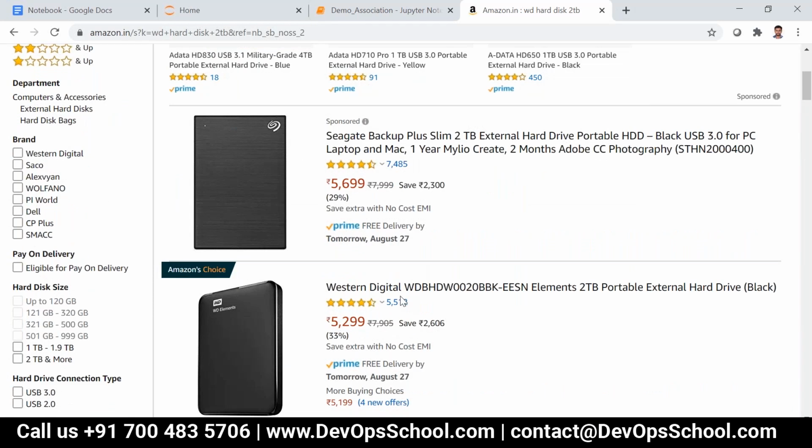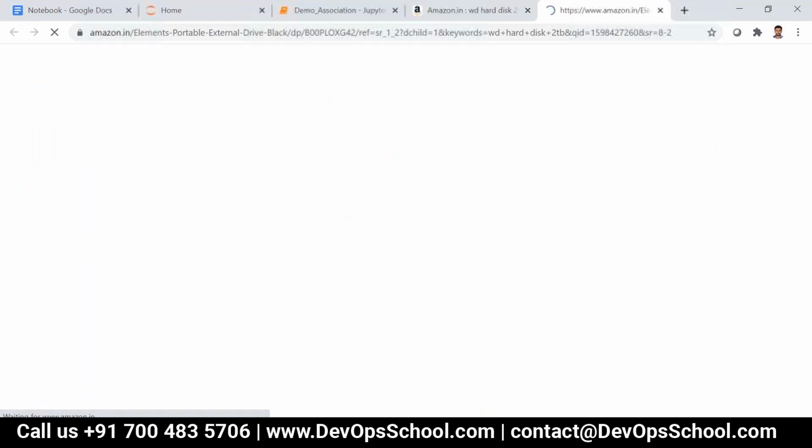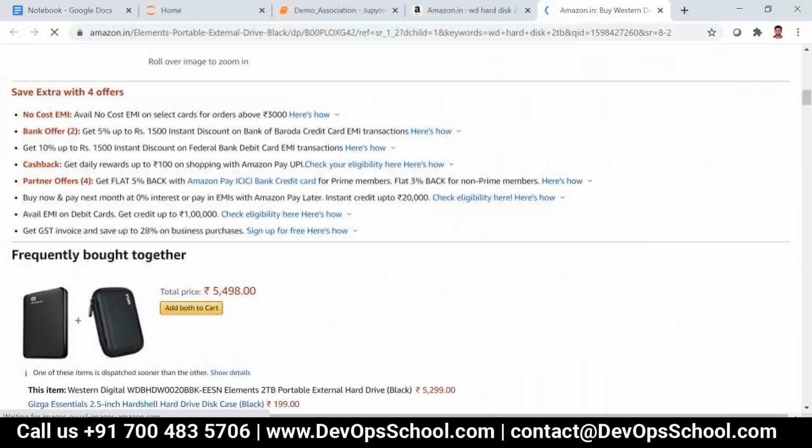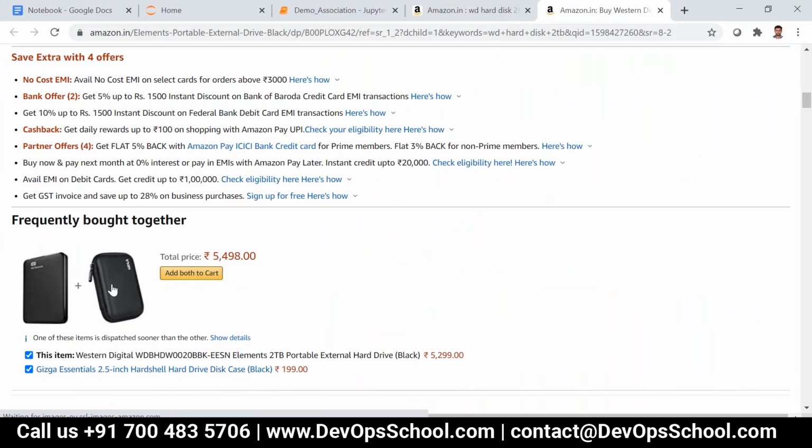I don't have any idea about other products. So if I click on this and go to the frequently bought together section, I'm seeing one pouch, a hard disk pouch. I didn't have an idea at all of buying this pouch for this hard disk, but after seeing this recommendation, I might think twice, right, whether it is required or not.